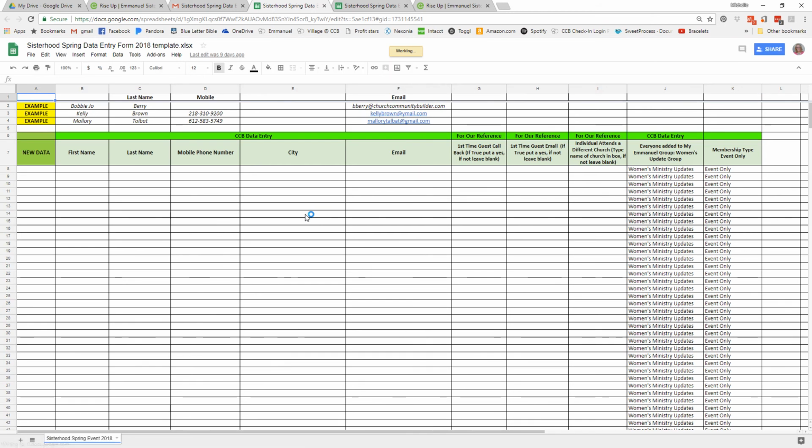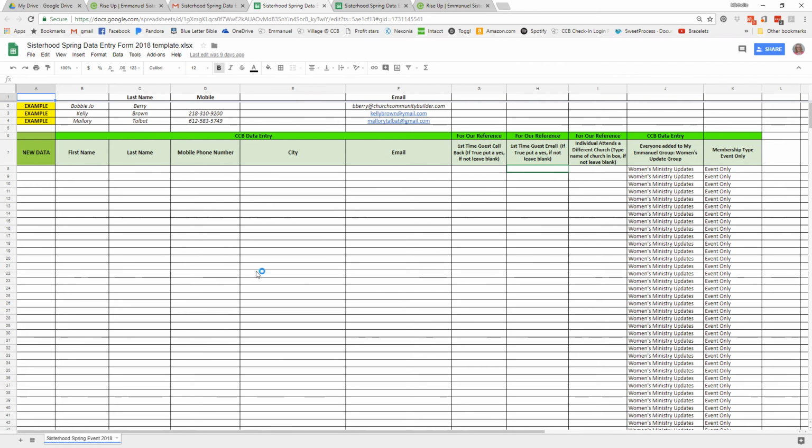This form's purpose is to allow you to enter the new guest information into this form, and then we'll send it to My Emmanuel, which is a company called Church Community Builder, so that they can put it into our database. It saves you time, and it also allows you to focus on that important aspect of being able to prepare your team for those callbacks and the emails that will be sent out.